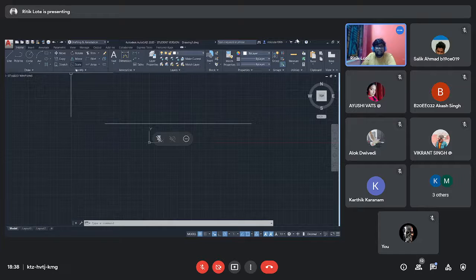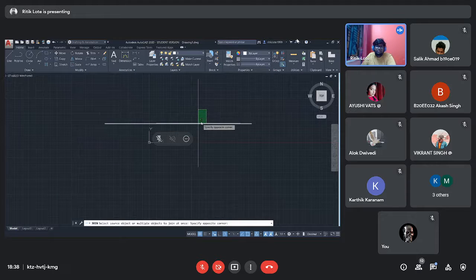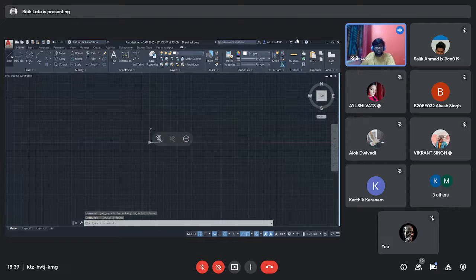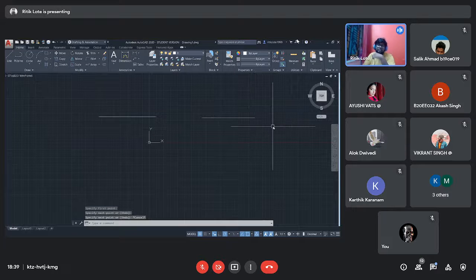And after that, what should I cover more? Join tool, where it is. See, it's a join tool. So what we can actually do here, let's create two lines. I have created two lines.